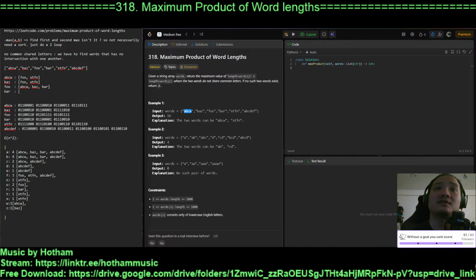So we need to find the 2 words that do not share a common letter, right? So these words share, right? And we need to find the one that does not share with anybody, right? So we do, right, so